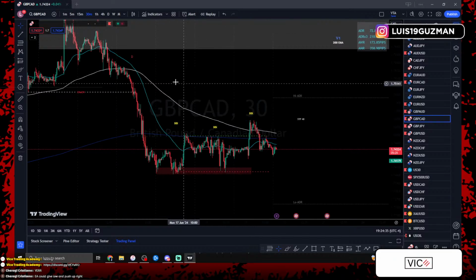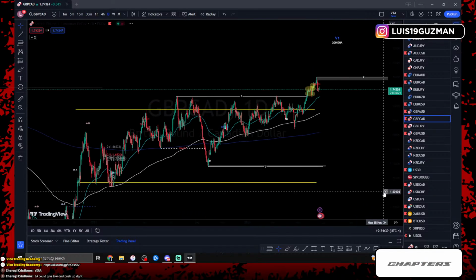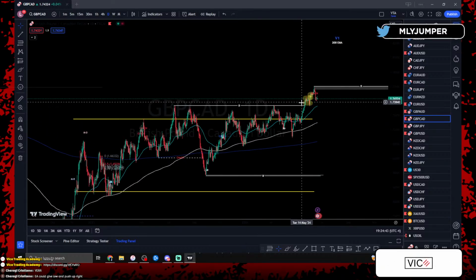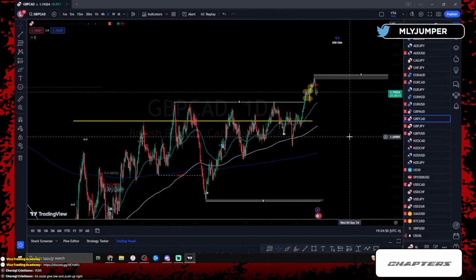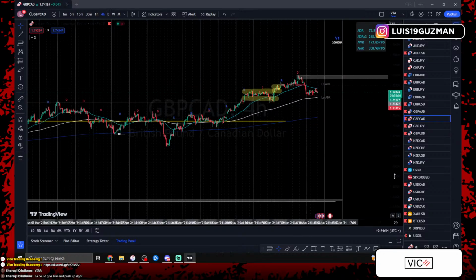GCAD, just 3 days of no net, just moving sideways. We know that GCAD's in the top of the zone consolidation. We already have a break of the high consolidation. So could we already confidently say that we are in level 2 going to the top side? 100%. After a break of structure, we're expecting a pullback.